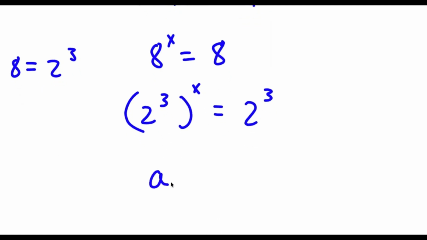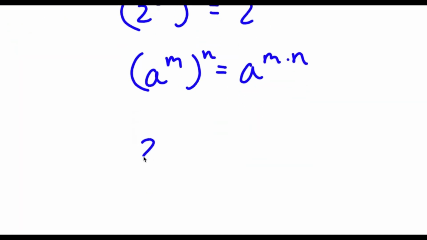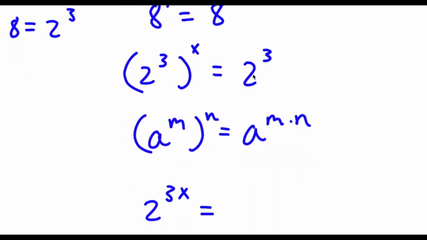Now, if I have something in the form a to the power of m to the power of n, this is equal to a to the power of m times n. So 2 to the power of 3 to the power of x, that's going to equal 2 to the power of 3 times x, which is simply 2 to the power of 3x,